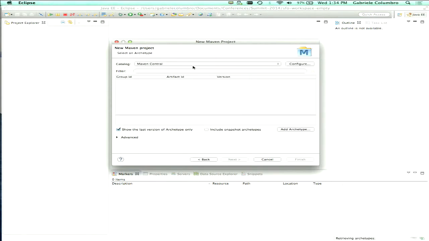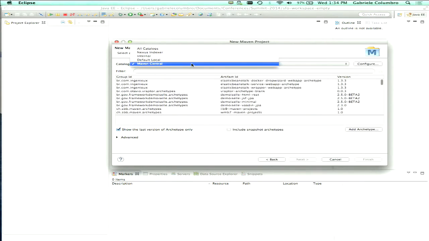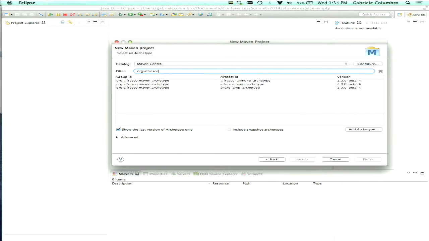Next. What I've done here is add a so-called archetype catalog. This is just the Maven Central standard archetype catalog, so a list of project templates. I've added this in my Eclipse. This is really just adding a URL. And at that point, directly in Eclipse, I can just